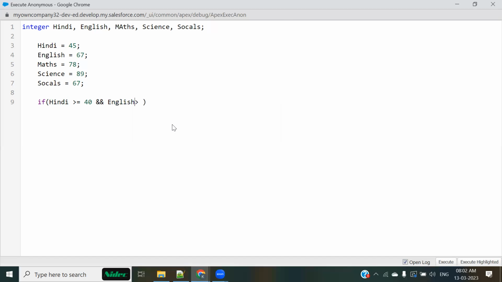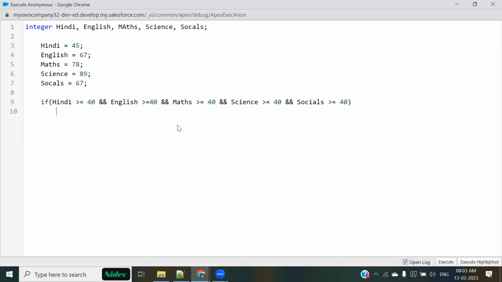This condition: in every subject, he must have at least equal to or greater than 40, right? So this goes with maths as well. In maths also, he should have greater than or at least equal to 40. And in the science as well, he must have greater than or at least equal to 40. And finally, in socials, he must have greater than or at least equal to 40. So if all these conditions are true,